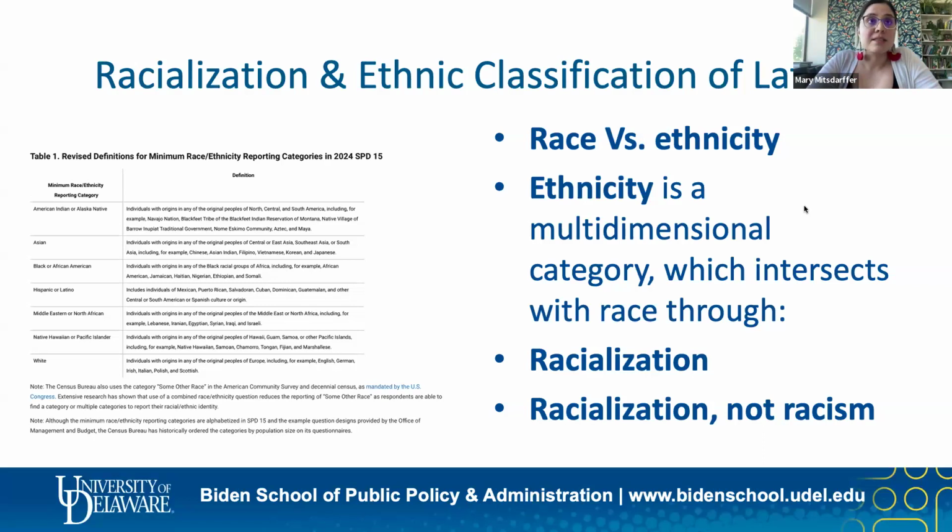But they're different. We're measuring two different things. We're measuring race and ethnicity. And ethnicity is a multidimensional category, and it intersects with race through both those individual attributes, but also in relation to place in social hierarchy. So in relation to a person's race, right, how they're perceived within the United States, I would probably be bucketed more as white. Their gender, their identity, their sexual orientation, their socioeconomic status. There are so many layers to ethnicity. And it's not just exclusive to the Latino population. It's throughout all populations.